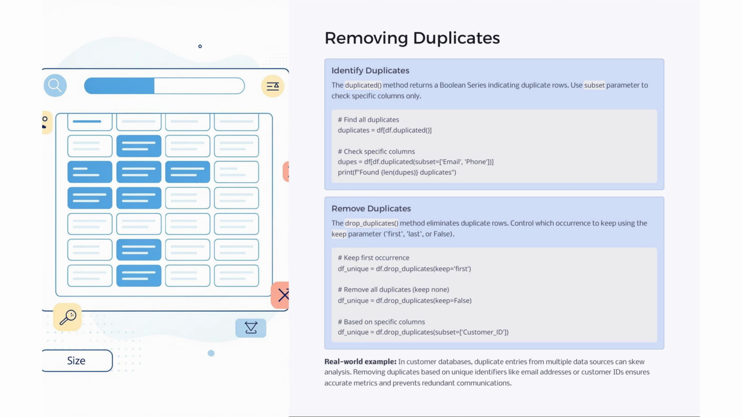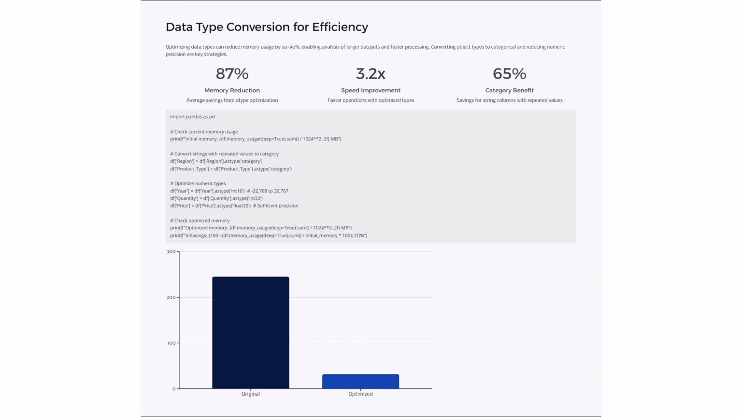Choosing which occurrence to keep using the keep parameter. In customer databases, eliminating duplicates based on unique identifiers like emails or customer IDs ensures precise metrics and avoids redundant communications. Optimizing data types can significantly enhance efficiency, reducing memory usage by up to 90% and improving processing speed by